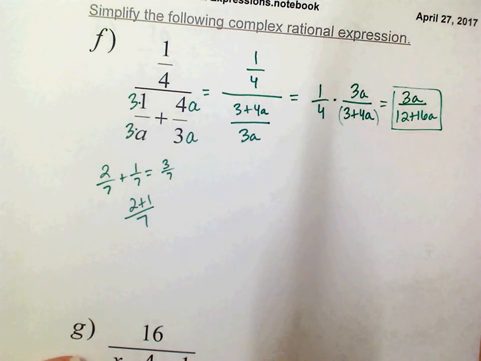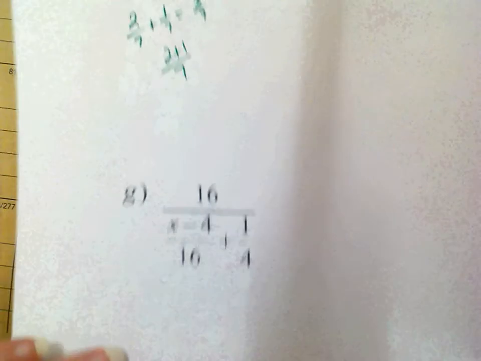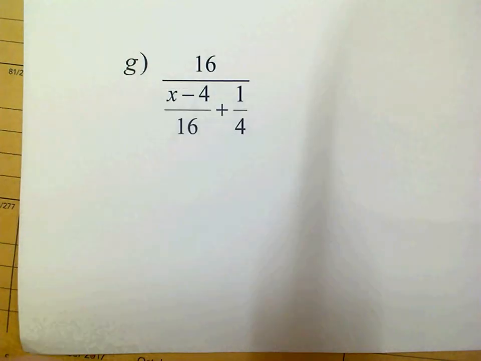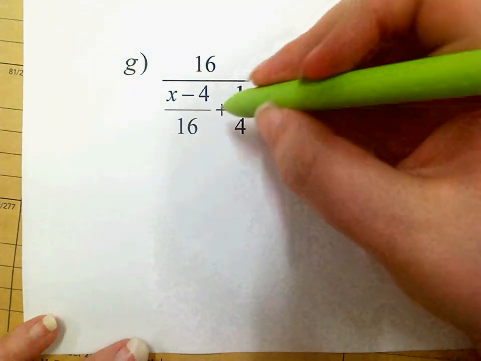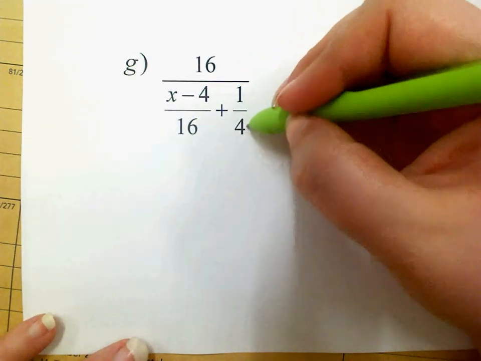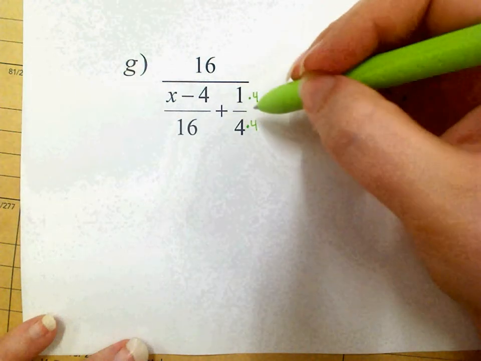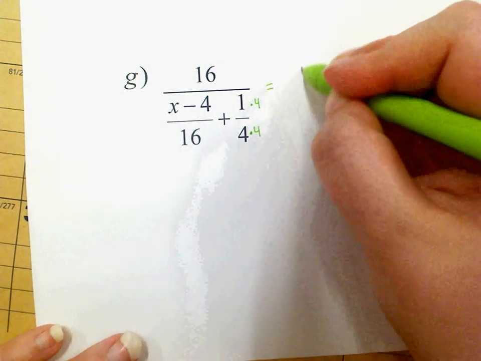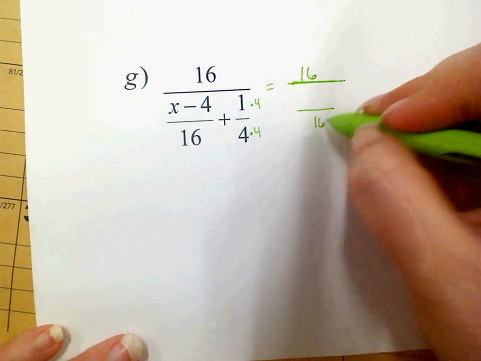Okay. On G, again, I've got addition in the denominator, which means I need to combine them before I can flip and multiply. So when I think about common denominator between 16 and 4, I notice that 4, if I just multiply it by 4, now I've got a denominator of 16. So I only need to multiply something on this one. So this becomes 16 over, and my common denominator is 16, and this is just x minus 4